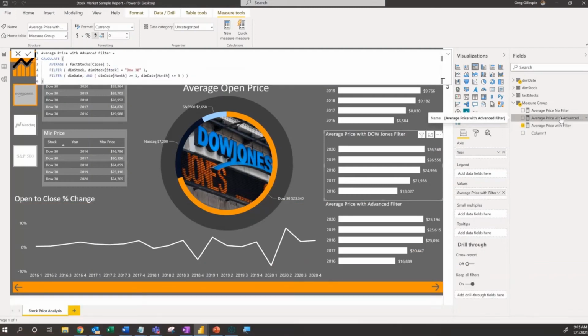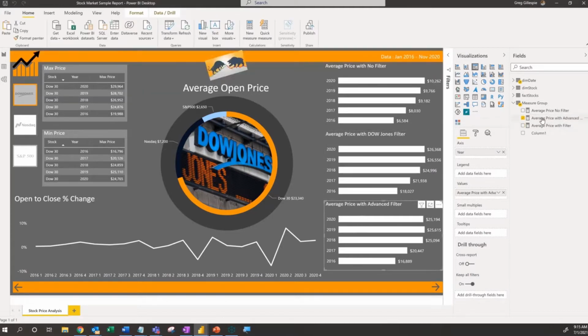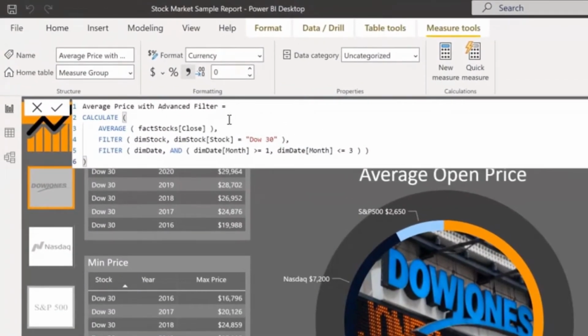The next measure I'd like to show you is this average price, more of an advanced filter, which is what this visual down here is using. So this Calculate function is basically using two filters. The first filter, again, is what we looked at beforehand, where we filtered our data set down to the Dow equal to 30. But the second one is filtering down the data set to basically show